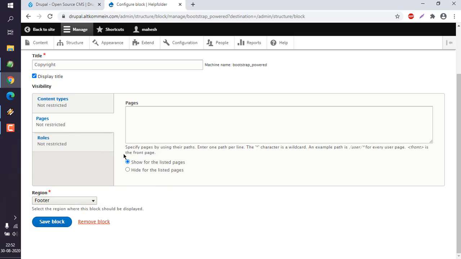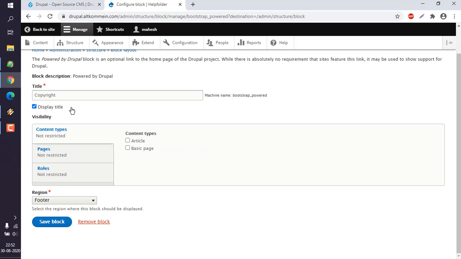There is also an option for show for listed pages or hide for listed pages, but then again you have to give your nodes here for each page. There is also content type like article or basic page. We don't have to specify that for now, and there are also options for the roles. You can see anonymous user, authenticated user, and administrator. So currently I'm saving this as is,